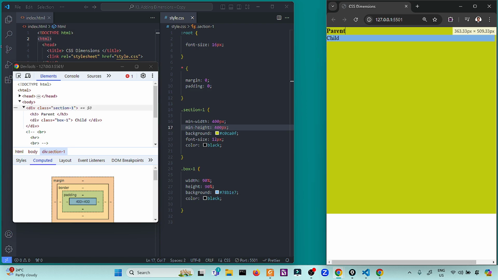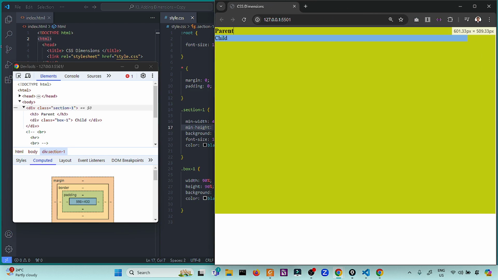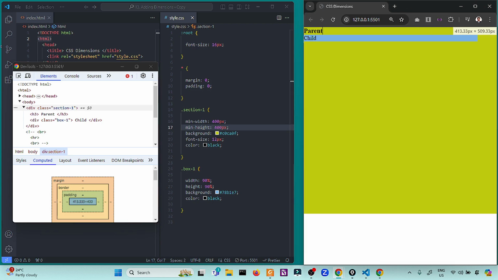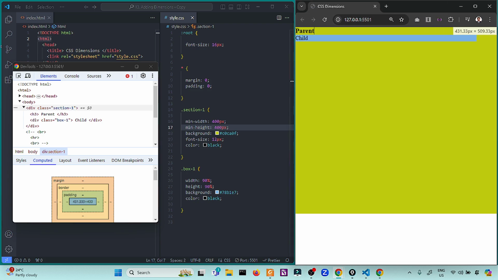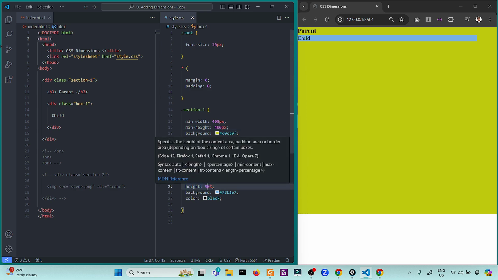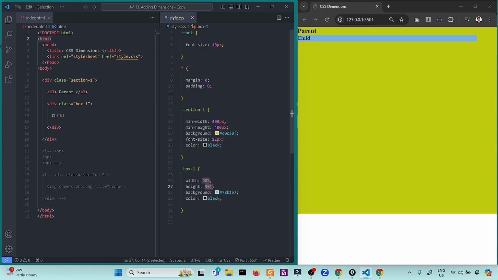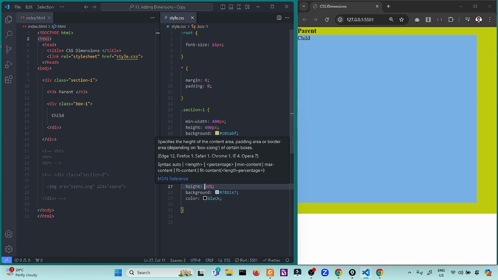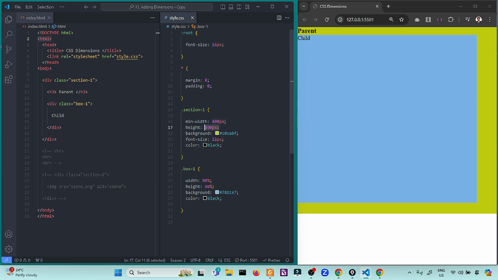As you can see, if I resize the screen, the width is changing, but the minimum value it can accommodate is 400 pixels. And as you can see, the 90% of the parent does not adapt, because it needs an explicit height to compute the 90% of the 400.